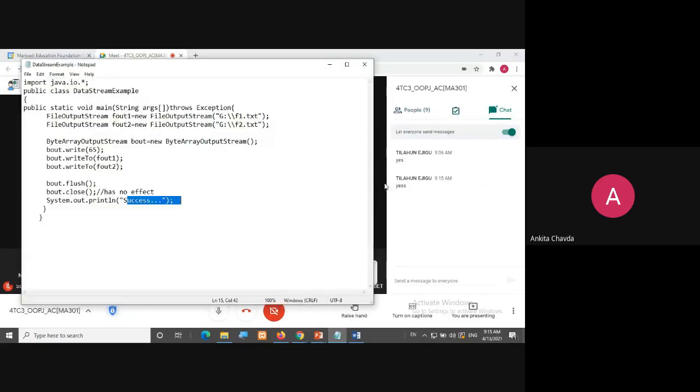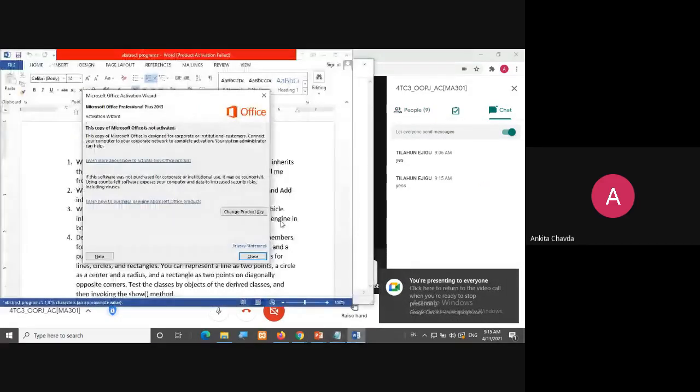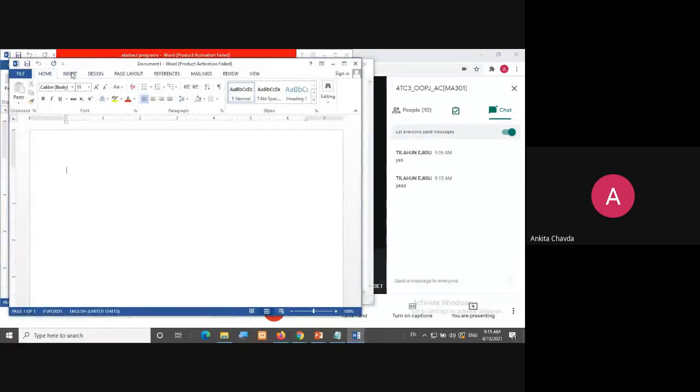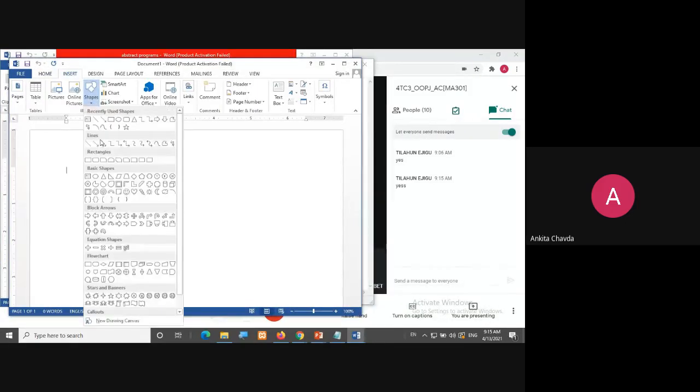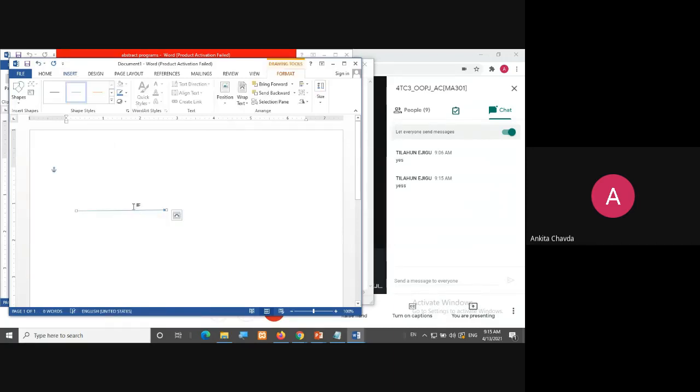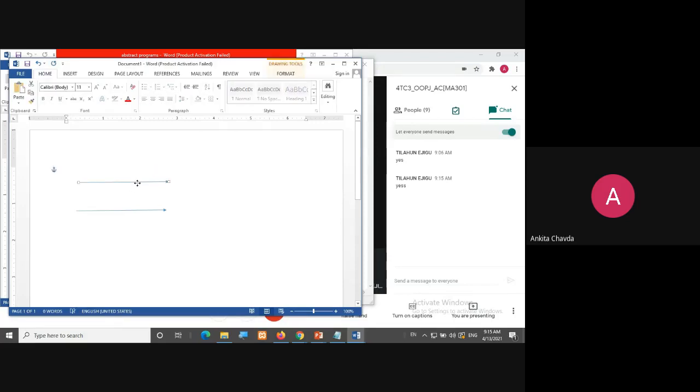Okay, then I'm also showing you what I mean. See here, I have one stream, this byte array stream. So this is a kind of pipeline. Here I am writing 65, this is my byte array output stream.